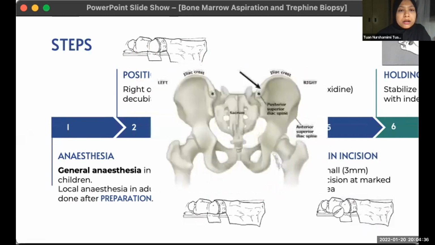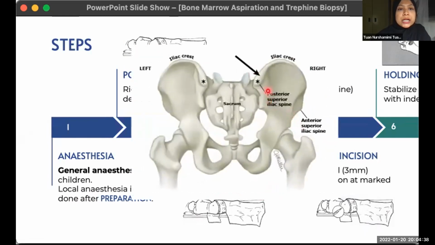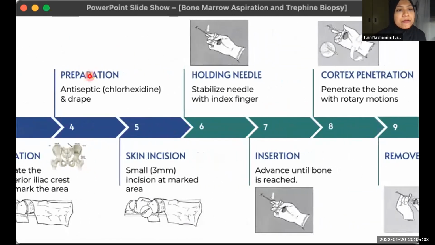So as this figure shows, we have here the posterior superior iliac spine, so we can try to palpate at the back. The insertion of the needle would be in the direction of the anterior superior iliac spine. So you need to palpate these two, so you can gauge the direction of the needle that you need to push in. And then for the preparation of the skin, we want to apply antiseptic and also drape,